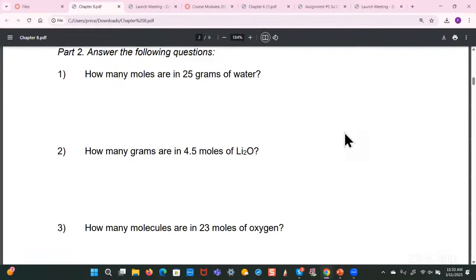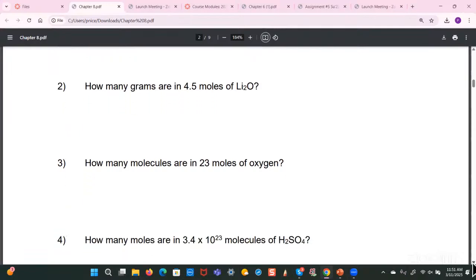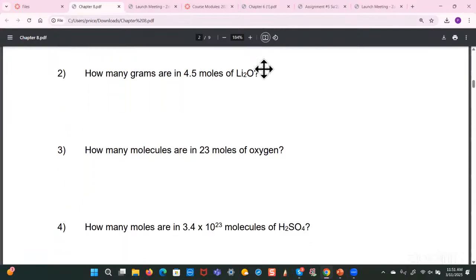All right, so let's see what you have done so far. Let's look at number 2. How many grams are in 4.5 moles of lithium oxide? So how would you do that? Let me break this down a bit. Any ideas? First find the molar mass. Mm-hmm. So you found the molar mass